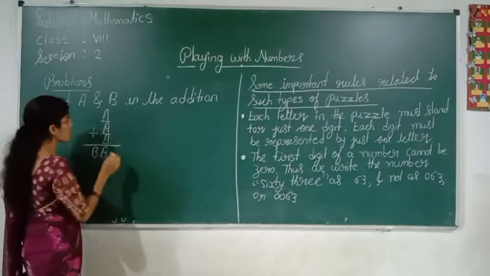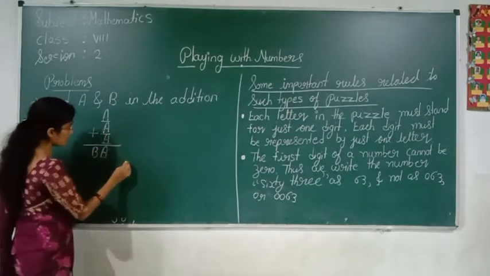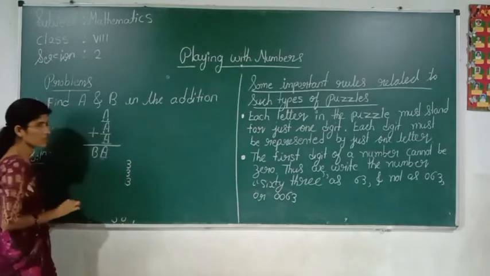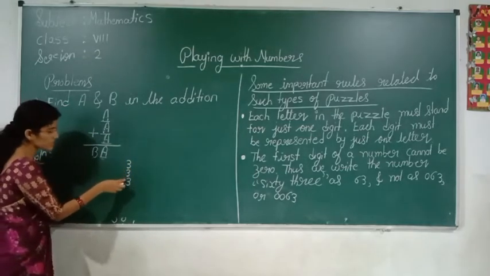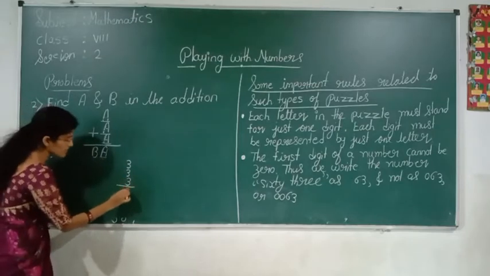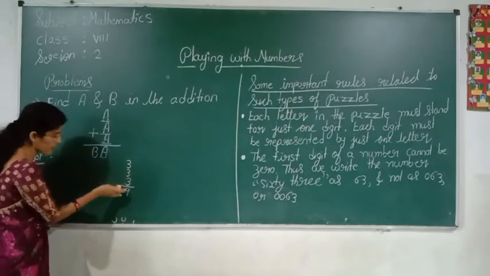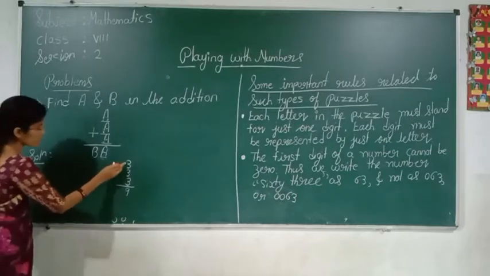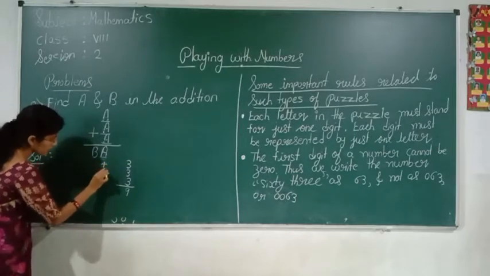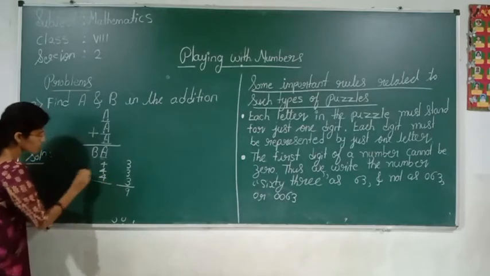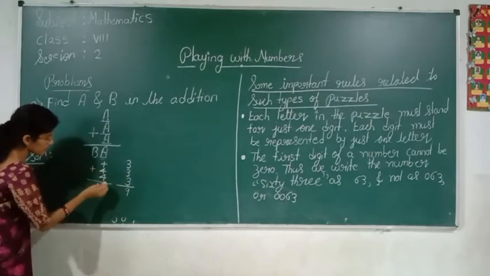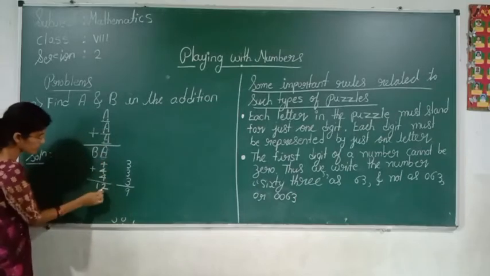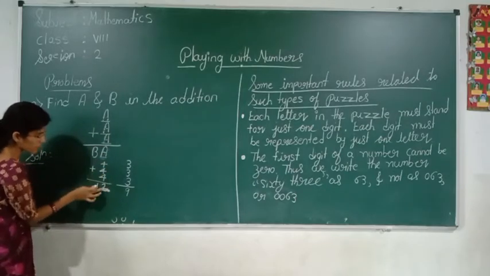Now what will we do? We will substitute. See here, 3, 3, 3. 3 plus 3 is 6, 6 plus 3 is 9. This is not working, yes or no? We want the value same. We'll go for 4. If we substitute 4, 4, 4, it will become 12. But we want this value same.